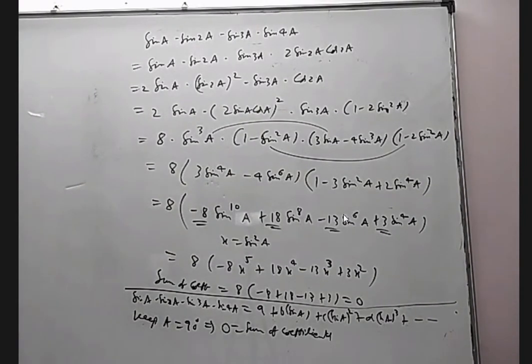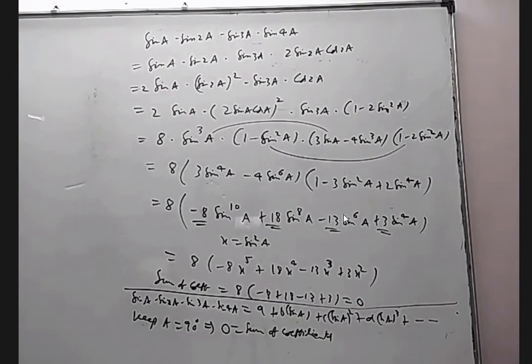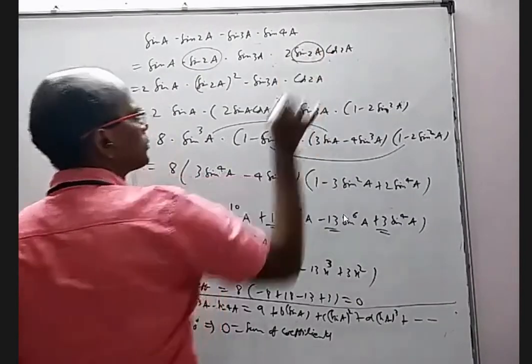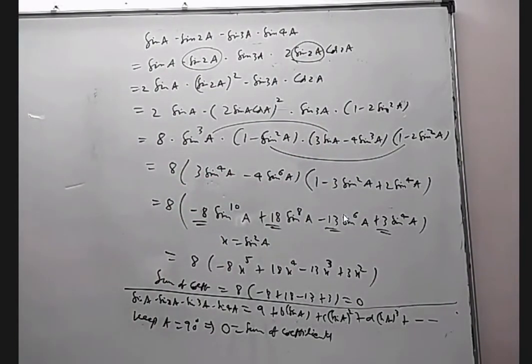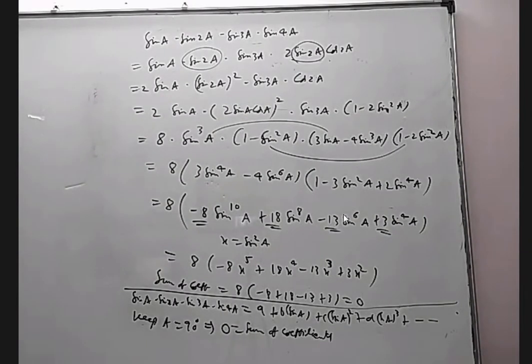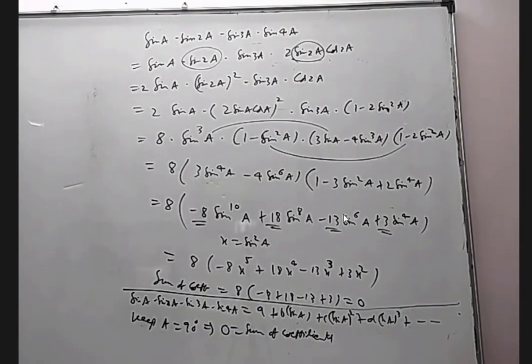Anybody else has any doubt? Sir, in the first method, in the second step and third step, where did sine 2a whole square come from? Yeah, sine 2a is there 2 times now. We multiplied this and this. Yes, sir, understood. So the first method tells you how to actually do it and gives an idea how eventually everything is coming in terms of sine.